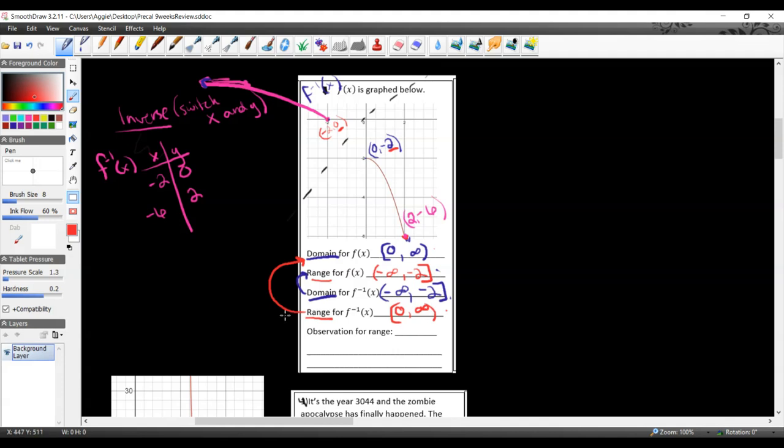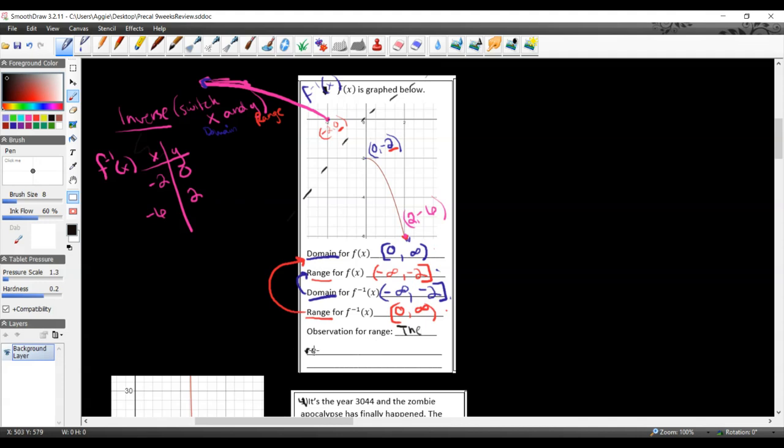That makes complete sense because if you think about it, the inverse is just switching x and y. And remember that x represents domain and y represents range. So if it works for x and y, why not for domain and range? So what I can write here for my observation for range is that